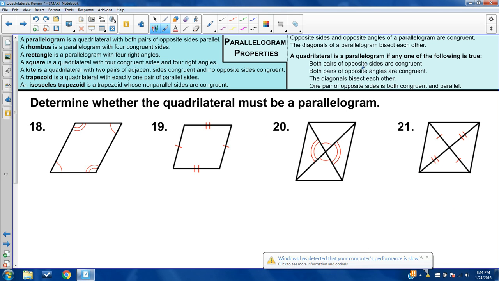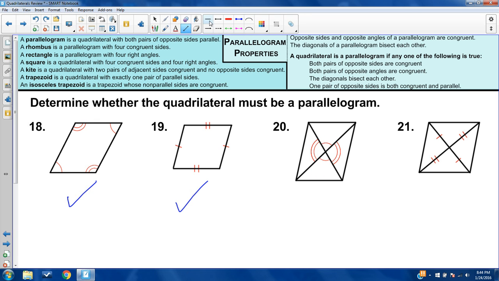Both pairs of opposite angles are congruent. Yes, this one is a parallelogram. Okay, both pairs of opposite sides are congruent, just like this one here. Yes, this must be a parallelogram. Vertical angles are congruent. Is that listed on here? I don't think so. I don't think this is necessarily a parallelogram. If you want to be any different with this, I think any two diagonals in a quadrilateral that intersect would always give you